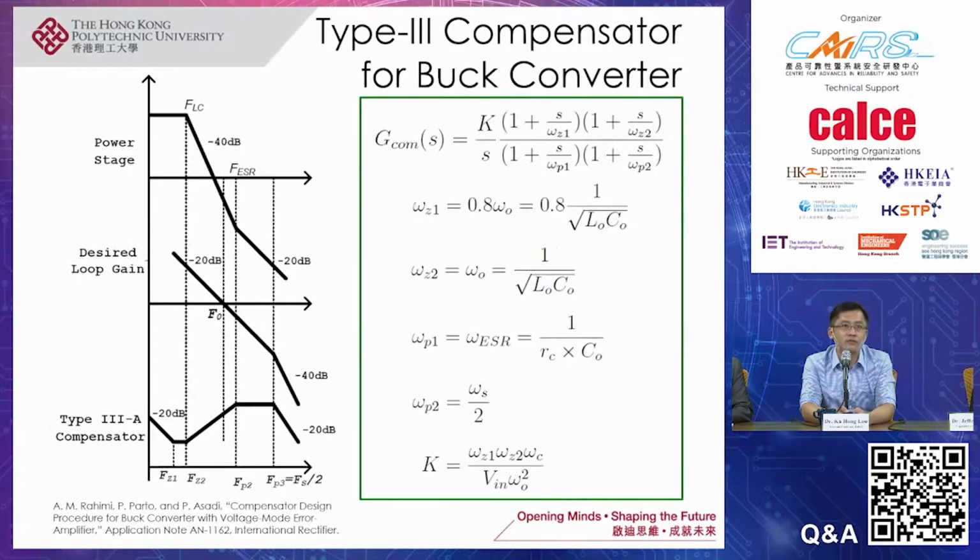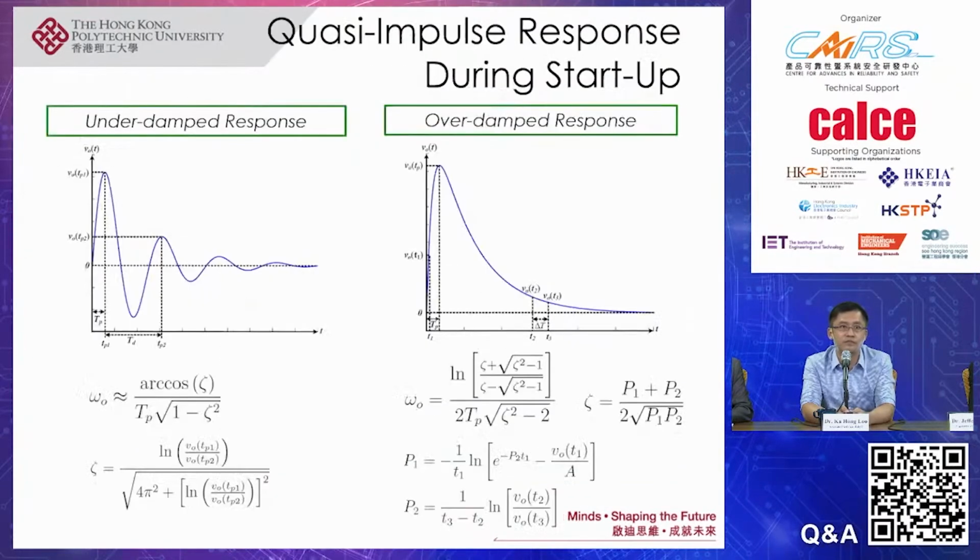So if we look at how we typically compensate a buck converter, we can see that the zero frequency and the pole frequency that we choose to compensate the power stage are mainly related to the inductance and capacitance value. Therefore, if the power stage of the DC-DC converter changes and we maintain the same controller transfer function, there will be a mismatch between the two, and that will affect the performance of the DC-DC converter.